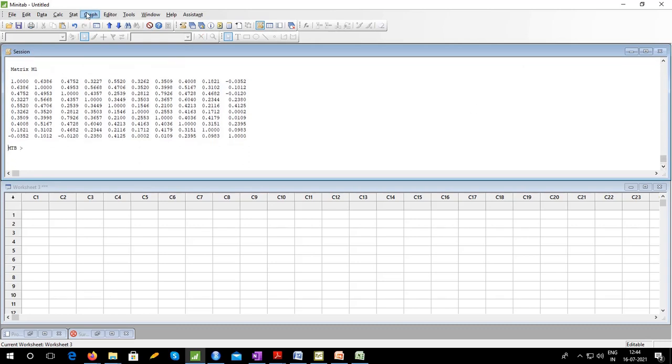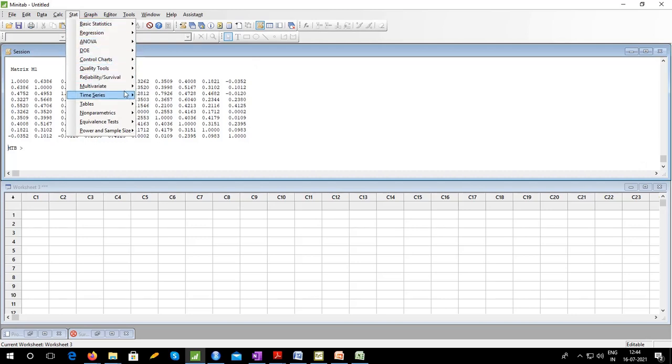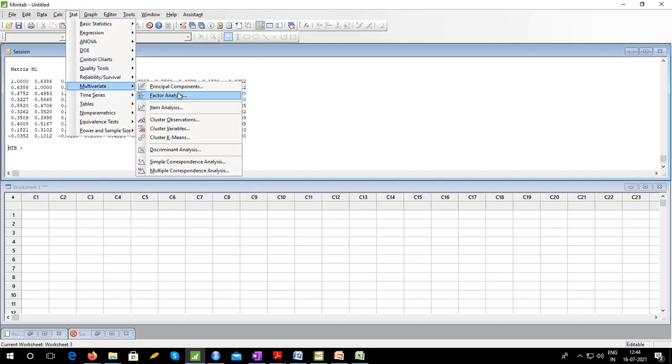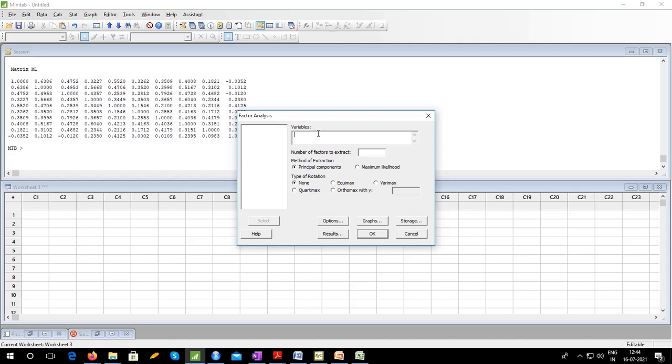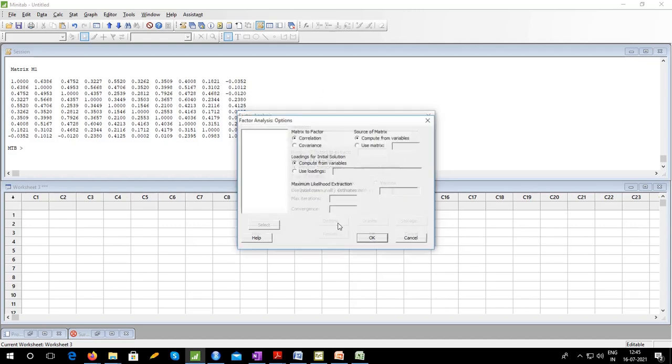Now I have to do factor analysis. So I go to Stat, Multivariate, Factor Analysis. I don't have variables because I don't have data yet. I have to carry out factor analysis directly using the correlation matrix. So I go to Options, matrix to factor: correlation, source of matrix, use this matrix M1.